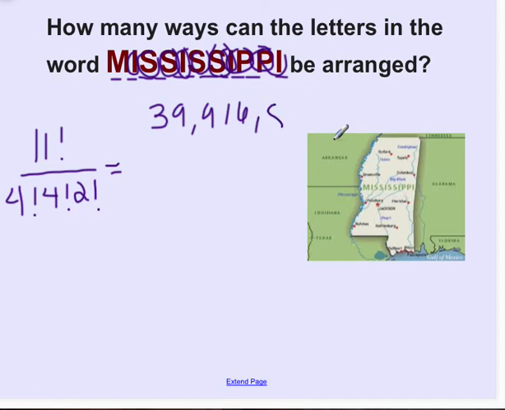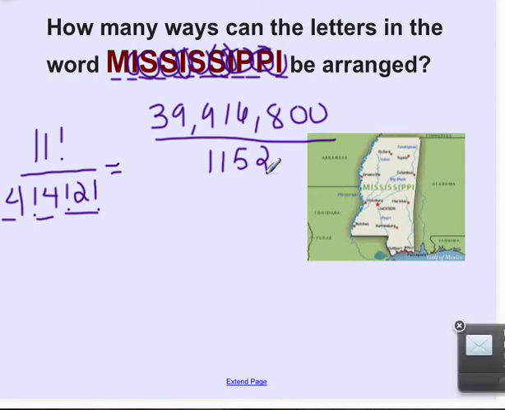So 4 factorial, 4 factorial, 2 factorial. So I'm going to do 4 times 3 times 2 times 1 times 4 times 3 times 2 times 1 times 2 times 1. So I'm going to multiply each of these factorials out separately. And when I do that, I should get 1,152. Pause the video, try that in your calculator, make sure you get it right. And now all I have to do is divide these out. So I'm going to go ahead and divide these two. Then I get